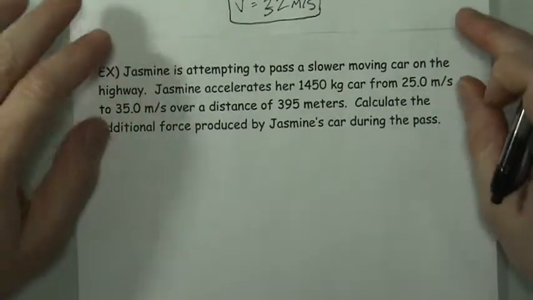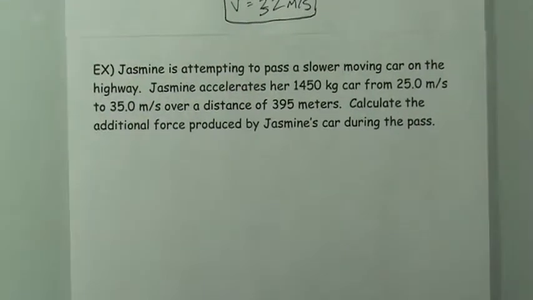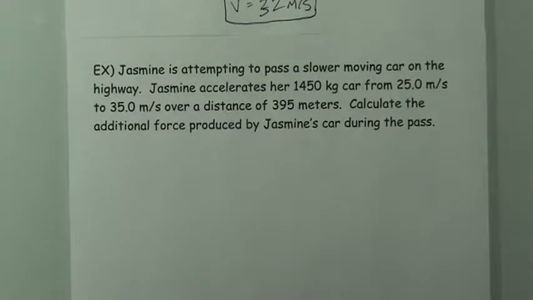And we'll try this problem. Jasmine's attempting to pass a slower moving car on the highway. She accelerates her 1,540 kilogram car from 25 meters per second to 35 meters per second over a distance of 395 meters. What you're being asked to do is to calculate the additional force produced by Jasmine's car during the